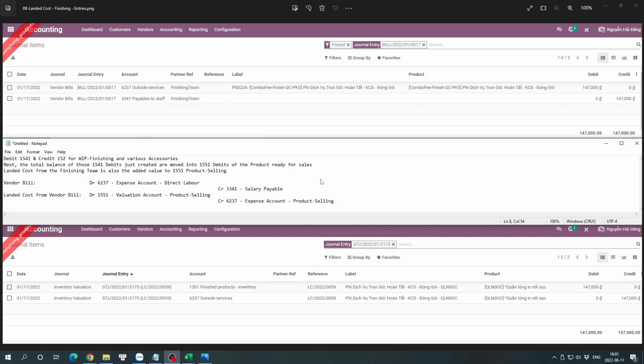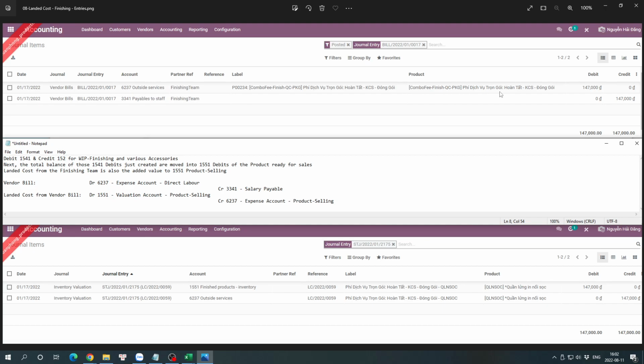This is a similar story to what we saw before with cutting, except that this is about the final stage, producing the finished product for sales. The vendor bill from the purchase order to the finishing team is the one that has accounting implications. You credit trade payable to this so-called partner finishing team. So you know for the whole team you have to pay them this much, just a budgeted amount, never mind. And in terms of products, you incurred this much money as